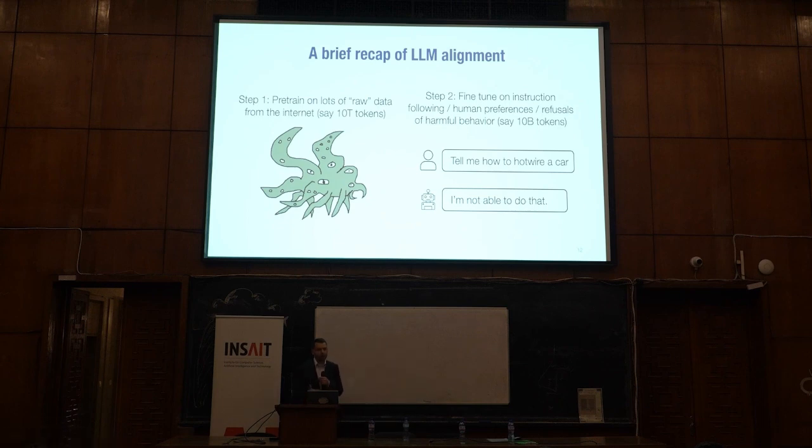Now, there is an obvious problem here. And the problem is we're not actually deleting any information from the model. The model still knows how to hotwire a car. We've just told it, don't tell people that. Right? We kind of told it, I know you know how to hotwire a car, but don't go telling people how to do that. That's bad. And so what we can do now is we can exploit the fact that the model still has this information in it to actually circumvent the safeguards and get the model to tell us how to hotwire a car.